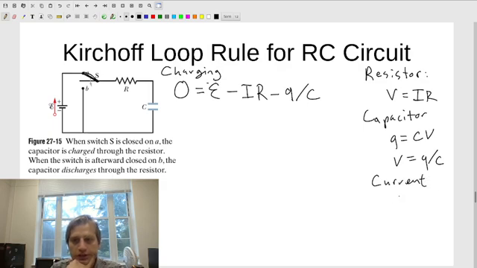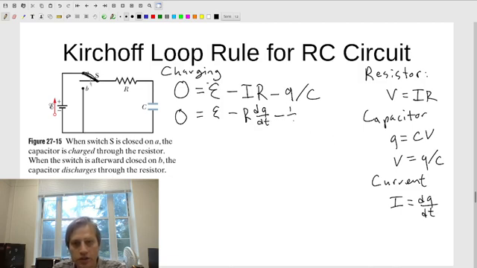Now, let's think a moment. If we have a current, it actually depends on the amount of charge that's going through the resistor per unit time. So our I is actually dq dt. It's how much charge we get per unit time. So we can write this equation as 0 equals epsilon minus R times I, which is going to be dq dt,